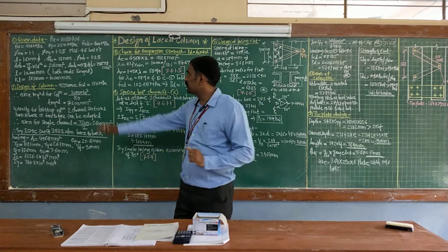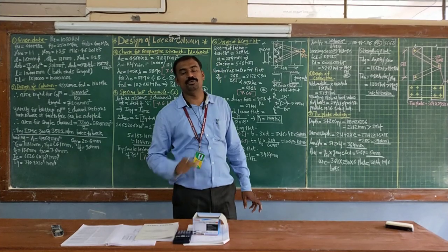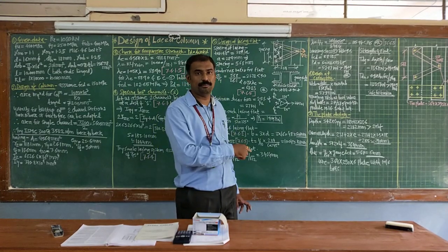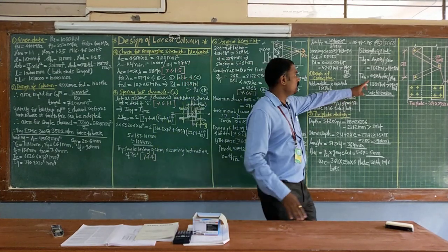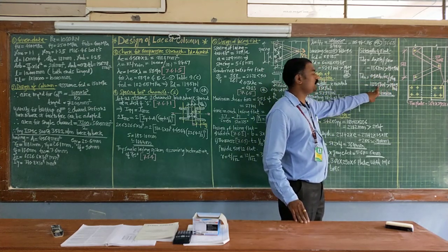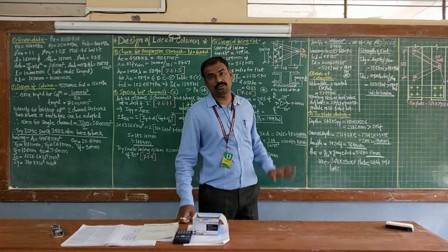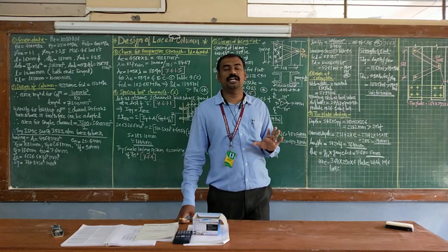So the diameter of the hole given is 18 mm. So 50 minus 18, that value you need to consider, multiplied by the thickness of 12 mm. Correct? So you are getting 0.9 Anfu by gamma m1 value as 113.25. Again it is greater than 19.09 kilonewton. Therefore it is safe in rupture of critical section also.